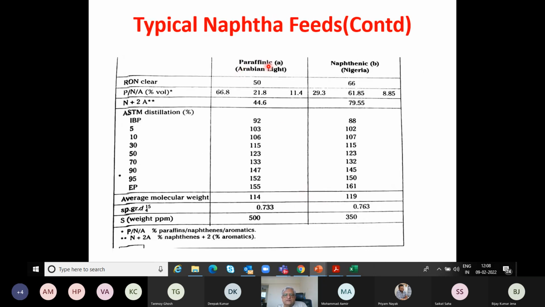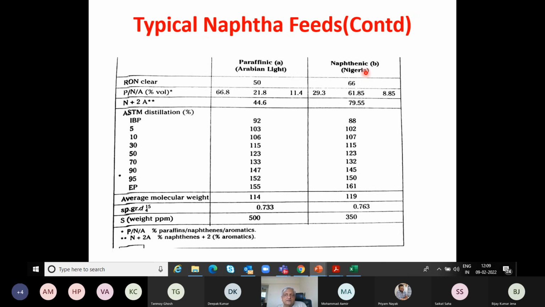So you can see that this is the paraffinic, which is typically coming from a light Arabian crude, and a naphthenic, which is coming from the Nigerian crude. So this also depends upon the crude source. And now I think you would understand what I'm going to say. If I have a huge catalytic reformer, like the one I have in Jamnagar, 6 million ton and into two, so there are two reformers, each of 6 million ton per annum,